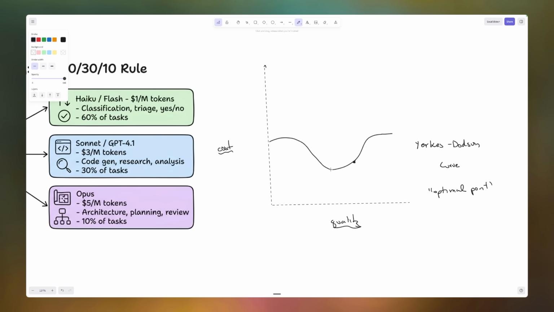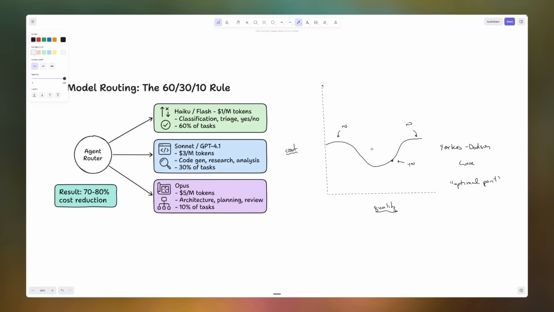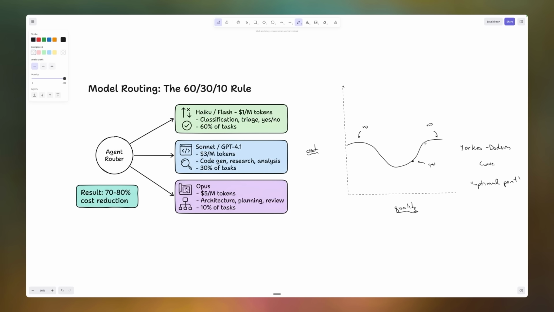If you wanted to minimize cost exactly, we'd probably go way over here. But obviously we care about quality as well, so we push up a little bit. We don't want this point because, one, it costs a lot, and two, despite the fact that quality is really high, cost is many, many times higher than it was over here. So this is our optimal point. A lot of large enterprises, since we're dealing with hundreds of millions of dollars here, are comfortable making a little trade-off where, if this quality is 85% and this one here is 95%, they're okay taking a 10% hit here if it means they also reduce their costs by 40% or something like that.